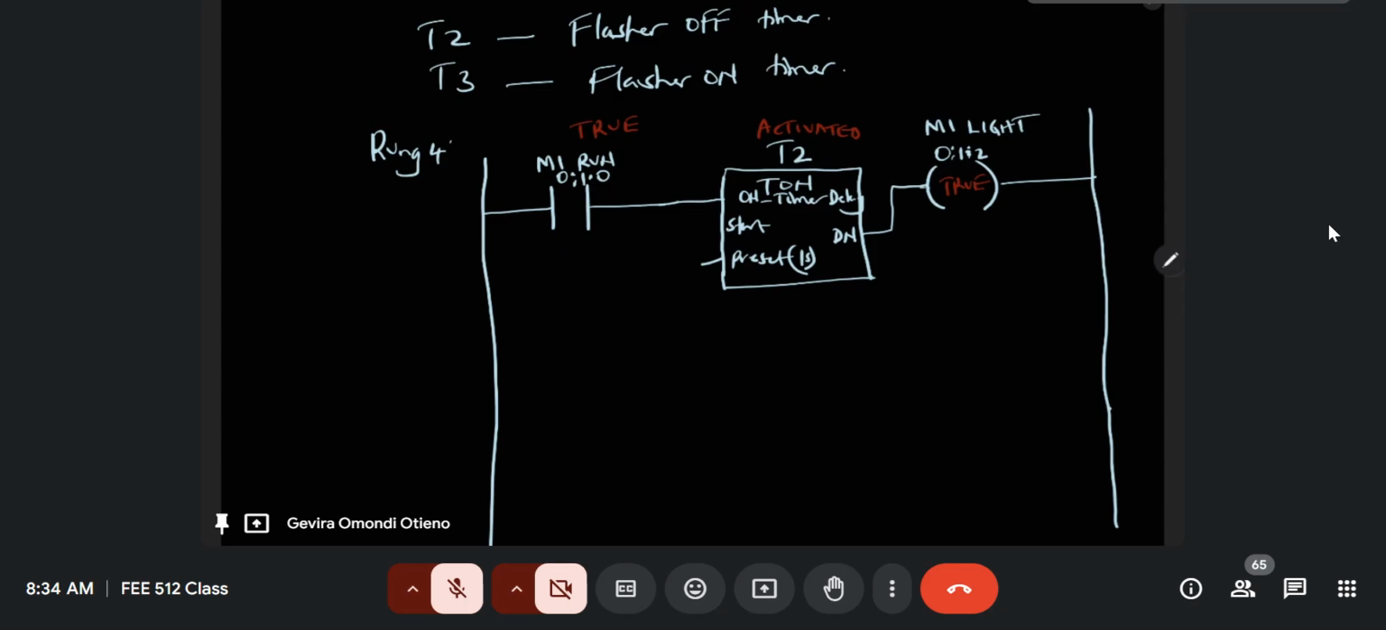So it means, therefore, we'll have to introduce, and that is controlled because this output now becomes the input, because once this is true, then the light goes on. So we need to ensure that from that point, we use that logic to control the next timer. The output of one timer controls the input of the next timer. So now we'll have this as our M1 light, the output